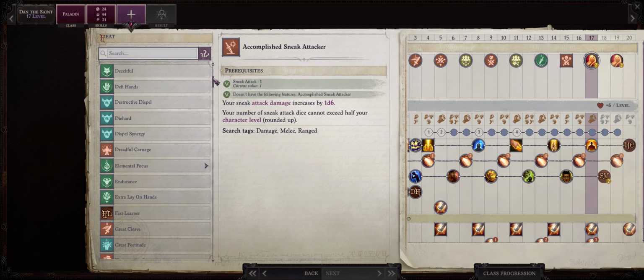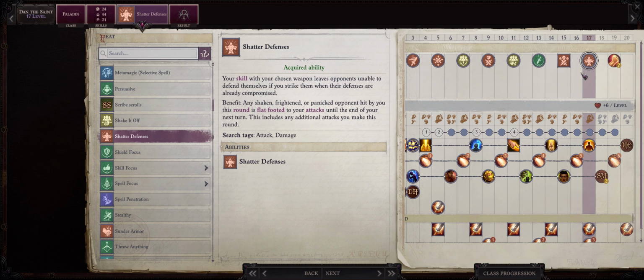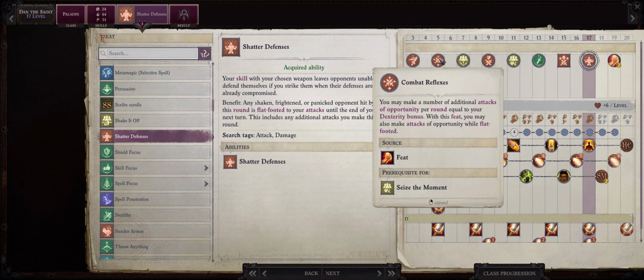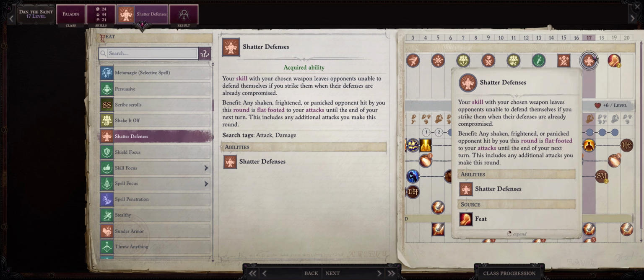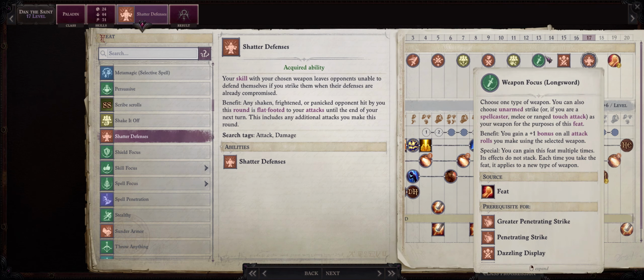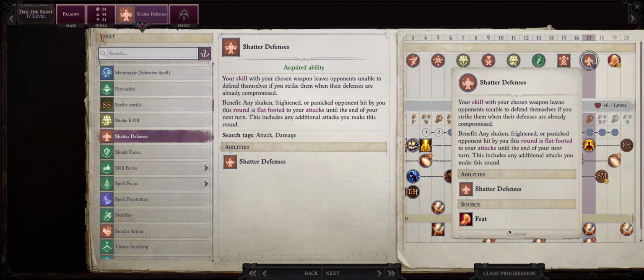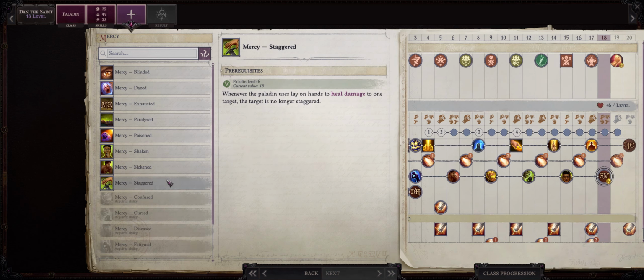Stunned as a Mercy, and for level 17, Shatter Defenses at last. We do get this somewhat late. You can of course, let's say, ignore Seize the Moment, and even Combat Reflexes, although I wouldn't recommend you go without Combat Reflexes, and get Shatter Defenses at level 15 by moving Weapon Focus to 11 and Dazzling Display to 13. This way you'll have Shatter Defenses, at the same time your spellcasters can cast Frightful Aspect, and Staggered for